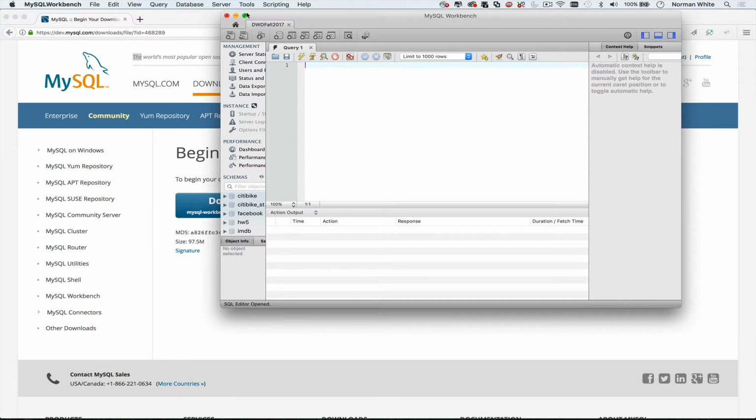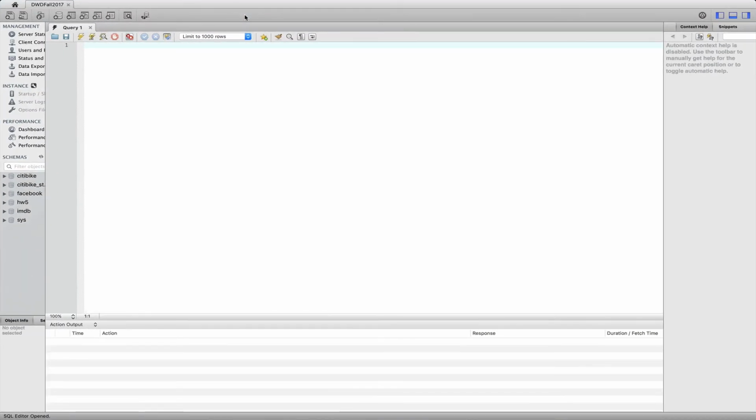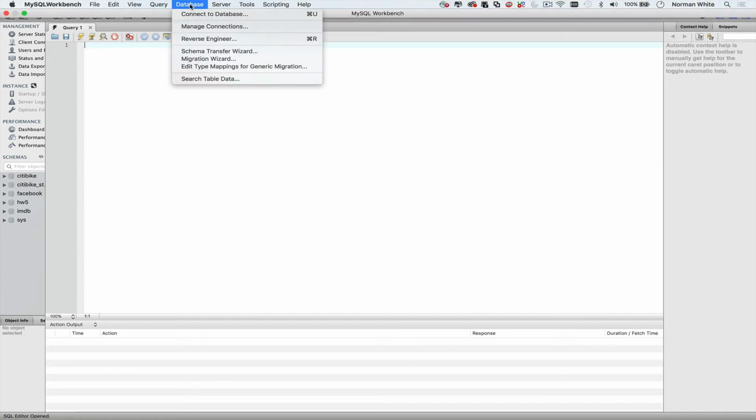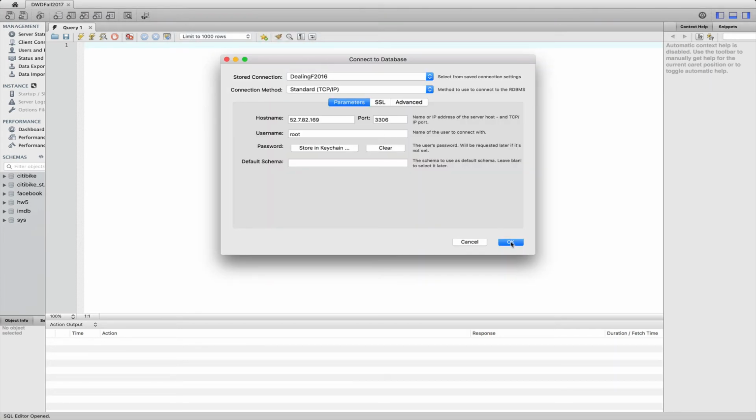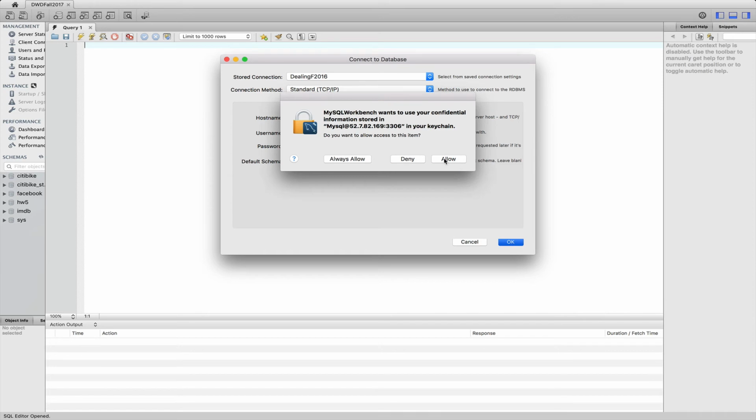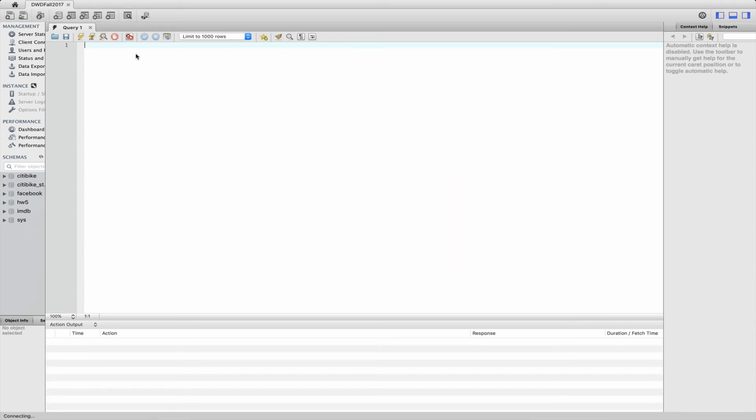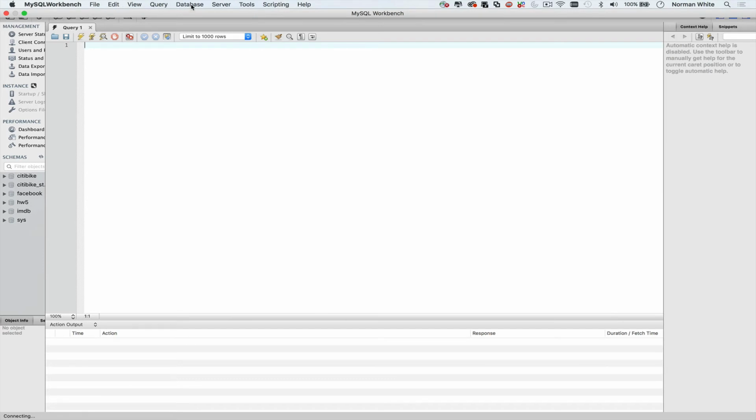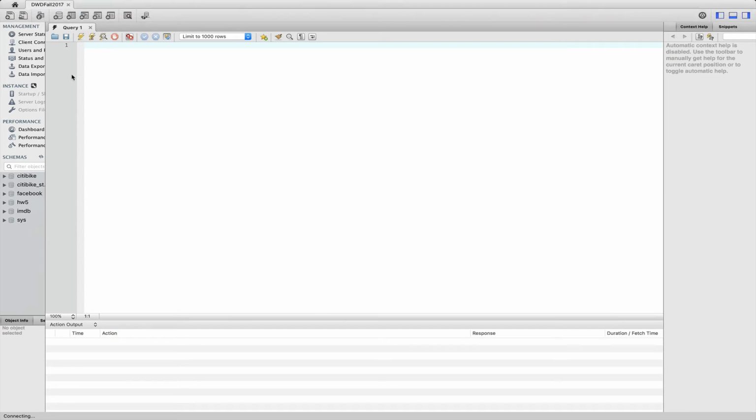And it opens up MySQL Workbench. And I now have a number of things that I can do. For instance, I can say connect to database. So it connects. Allow. And okay, if you can see down on the left-hand side, the schemas. These are the different databases. Schema is just another name for database. So if I click on City Bike, I think,